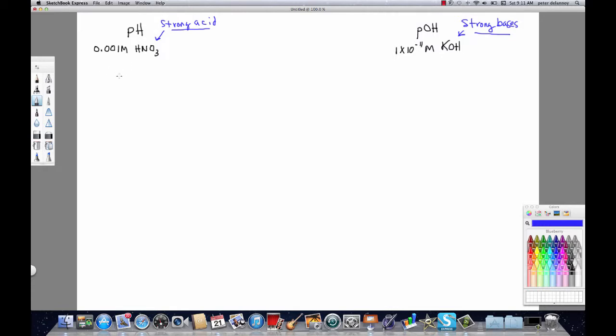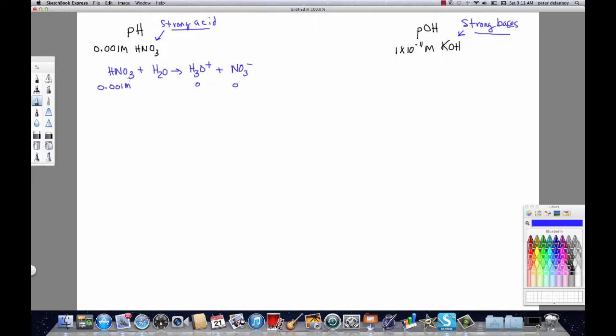And the issue of the weak acids and weak bases will be subject matter for a different video. All right, now we're going to start with the pH, and what I want to remind the viewer of is that for a strong acid, you have 100% ionization when that acid is added to water. So I'm going to quickly write the chemical equation for that. So we have HNO3 plus H2O, and will form H3O+ and the polyatomic ion NO3-. And remember that you have 100% ionization. So whatever we put into the water, and in this case we're going to add enough nitric acid to make a 0.001 molar solution,